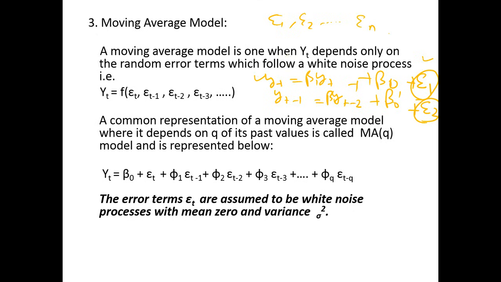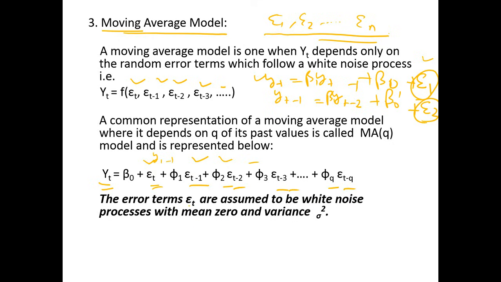Now, instead of using past values, you can actually use this error term for forecasting. This was one of the proposals, that instead of using the past values of Y like in the AR case, in the moving average case, you use only the error terms for forecasting. The representation is same, just that we have replaced the past values of Y with the error terms. So we do not have Yt minus 1 anymore. Instead, we are using epsilon t and then epsilon t minus 1 and so on.